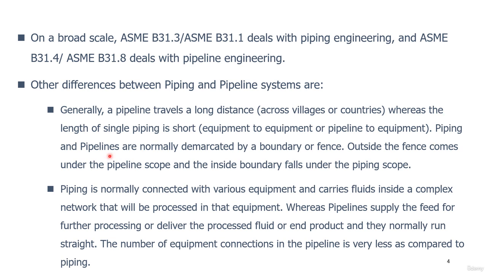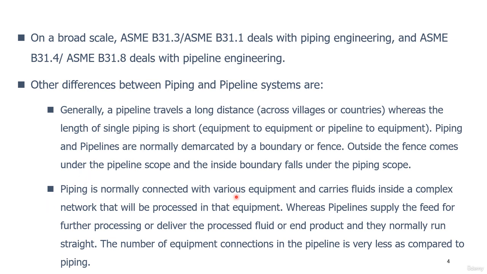So piping and pipelines are normally demarcated by a boundary or fence. Outside the fence comes under the pipeline scope, whereas inside the boundary falls under the piping scope. So this is one of the major differences between piping and pipeline. Next,